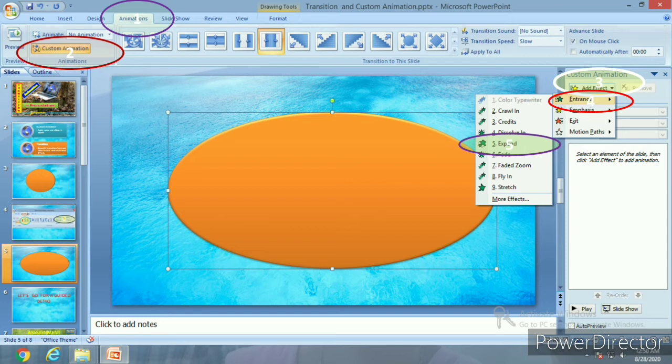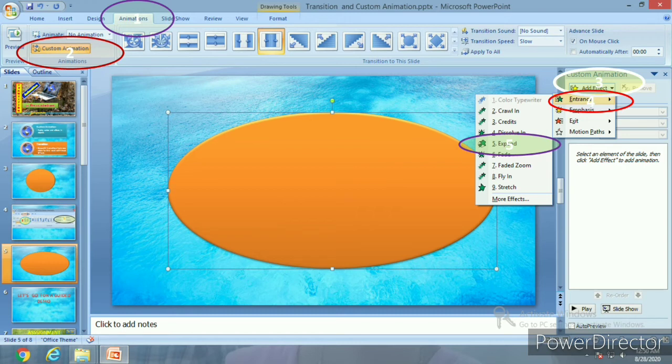And if you want to choose the exit also, whatever animation you started, if you want to make the conclusion of that animation with some other effect, there should be exit. That is how you complete the animation of that particular object, with the help of exit. Apart from this, there are 2 things called emphasis or motion path, the movement of the object, and specializations like grow and shrink, spin. These are also in the emphasis part. So initially you start with the entrance and you can complete with the exit.